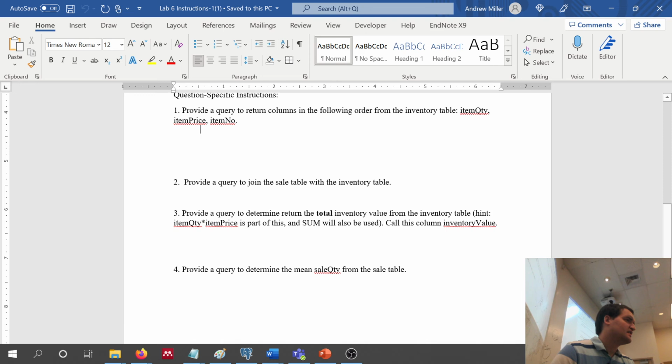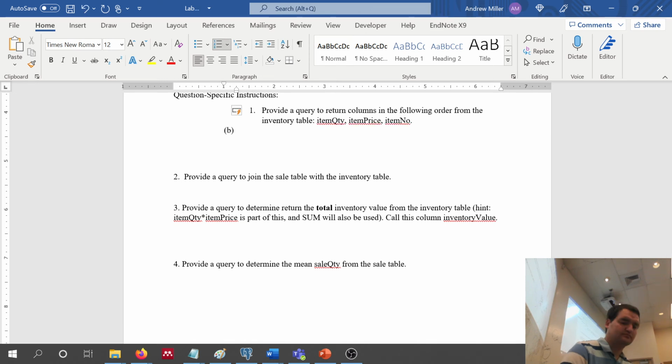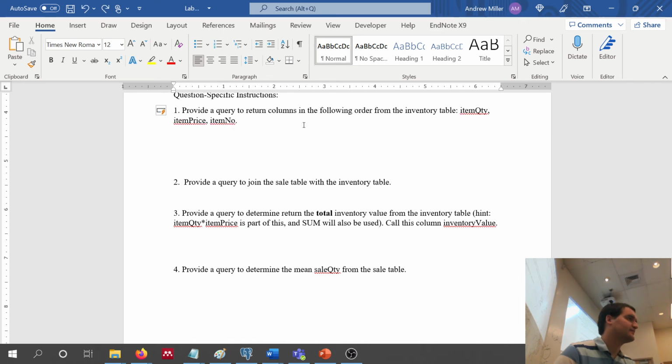So we have an inventory table and it has these columns. We want to return them in that order. So we're going to say select. And how do we change the order of columns in output? We talked about this last class. It's literally just the order we have them in the select is the order they'll appear in the output, right? We're not talking about changing the order of the actual results of a particular column.